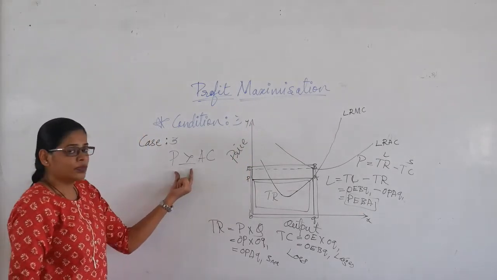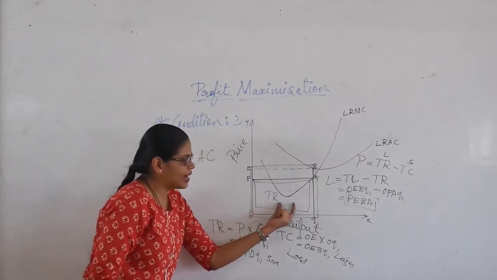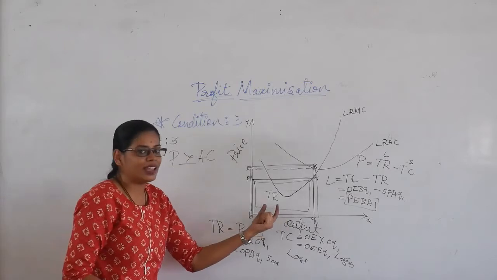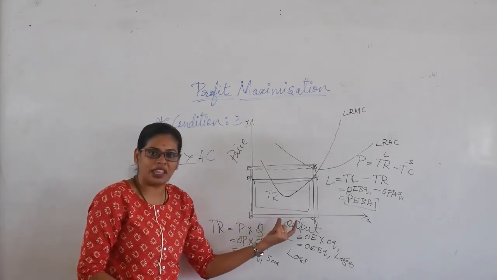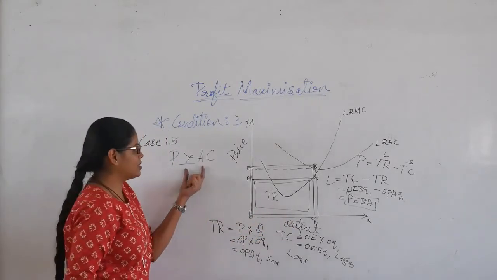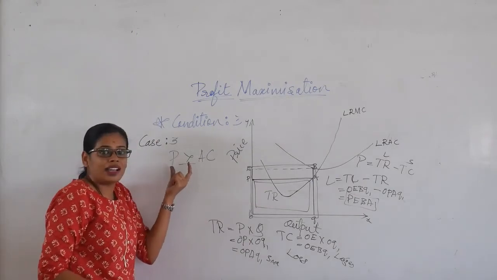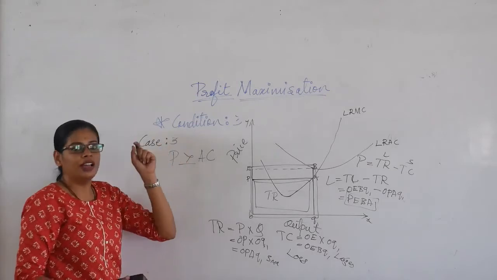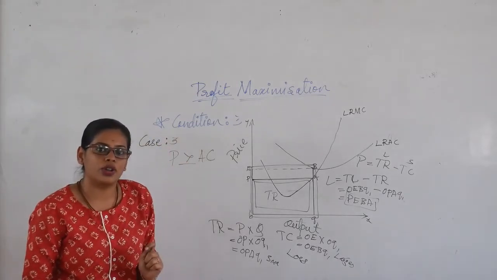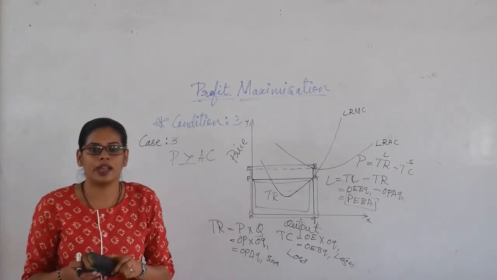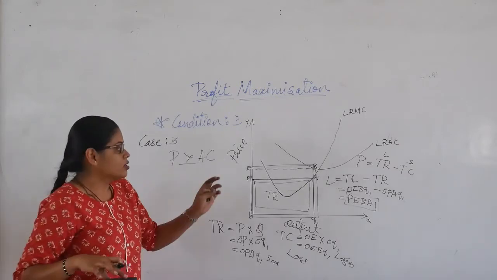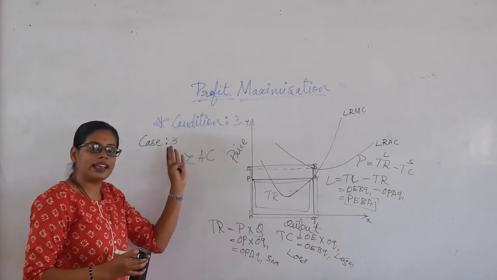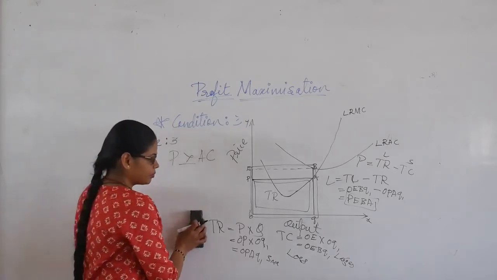So in this case, if you understand here, this case is not holding true. If this is the case of your firm, then you are not making the maximum profits. That's the reason the market price should be greater than or equal to the average cost. Only then is that the level of output at which your firm is going to make the maximum profits. So this is how we understand the second case of the third condition.